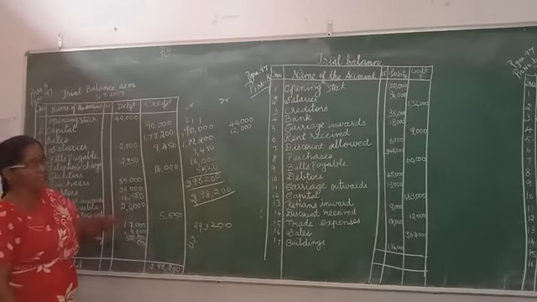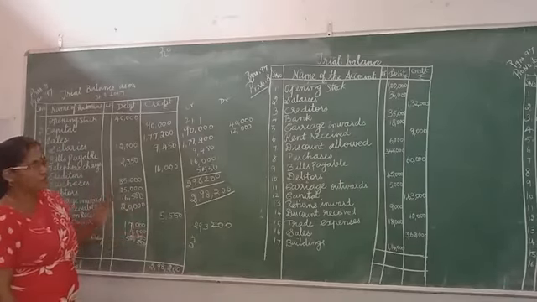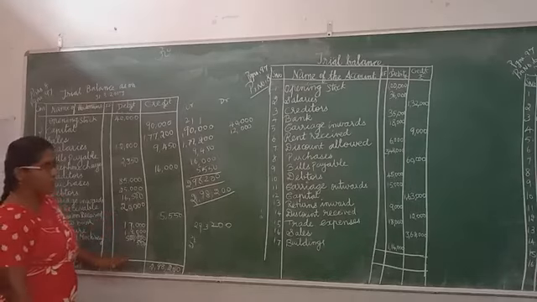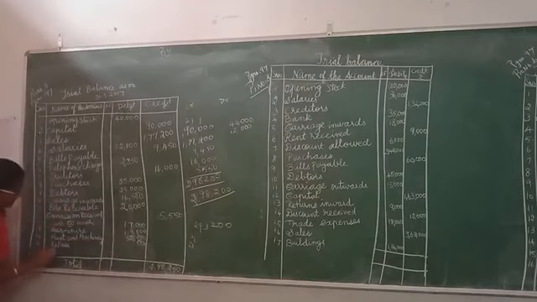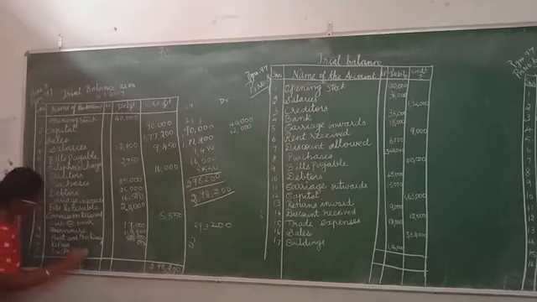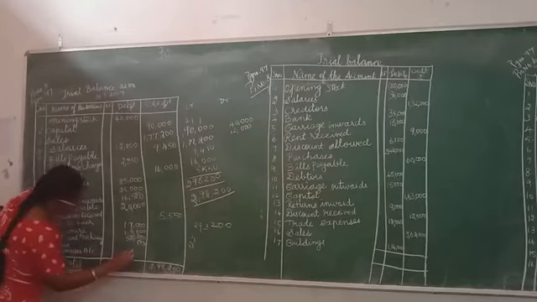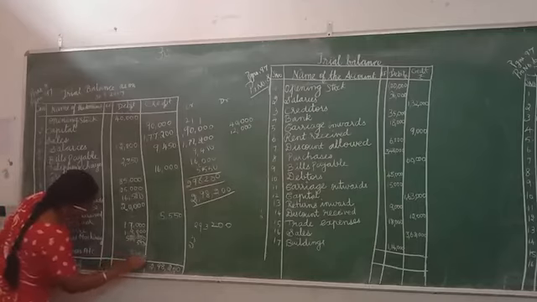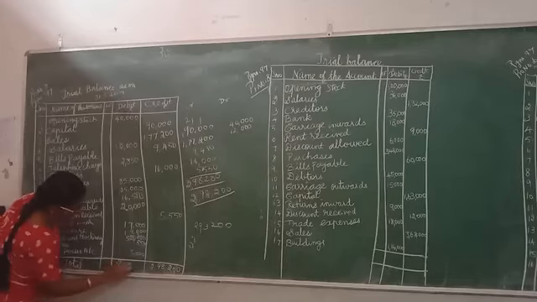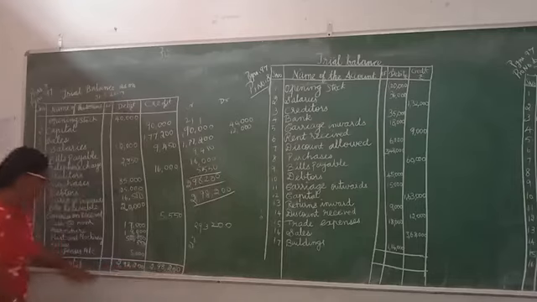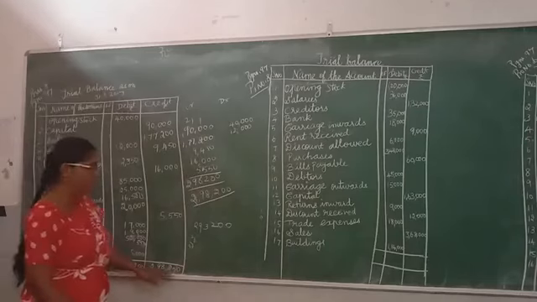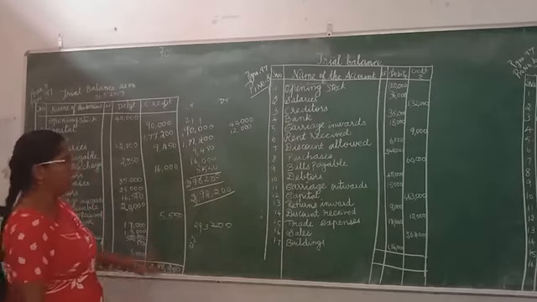So whatever the difference, where are we going to write it? We are going to write it on which side? Now the difference will be on the debit side. Under which heading are we going to write it? Under the heading suspense account we are going to write 5,000 rupees, and then we balance the trial balance. So then the balance will be tallied. Both the debit side and credit side totals will be tallied.